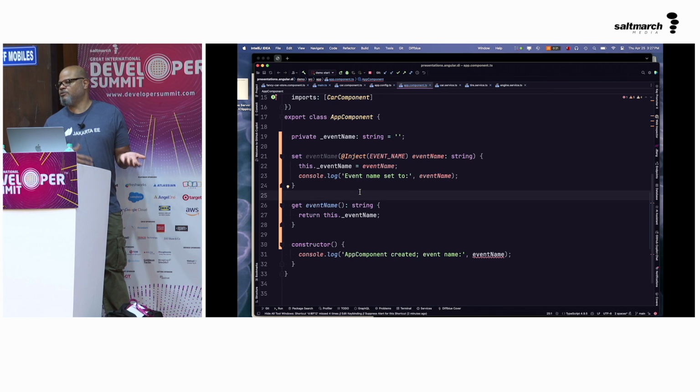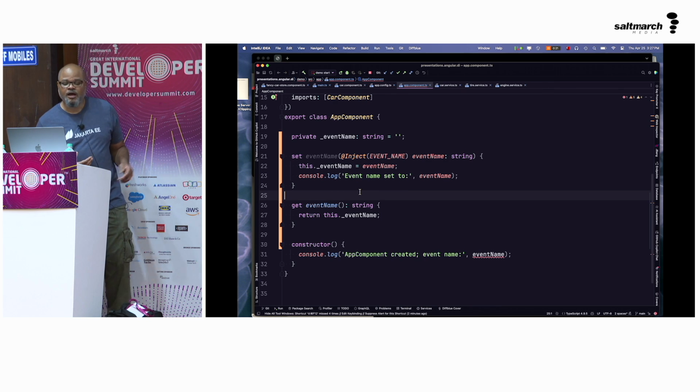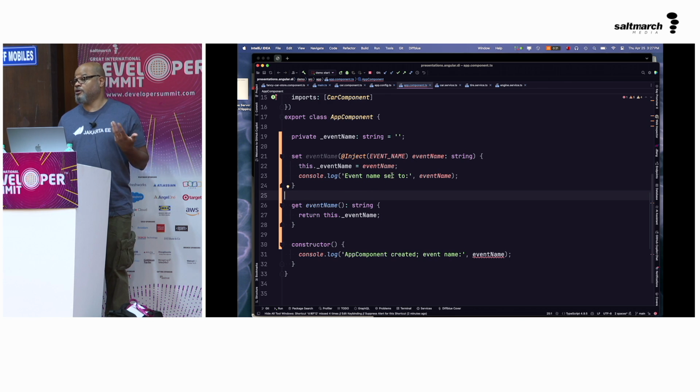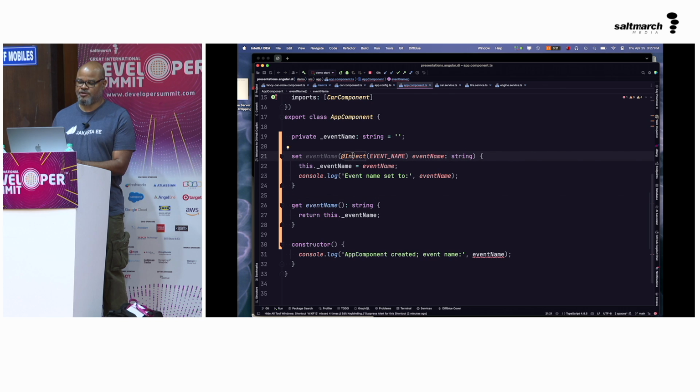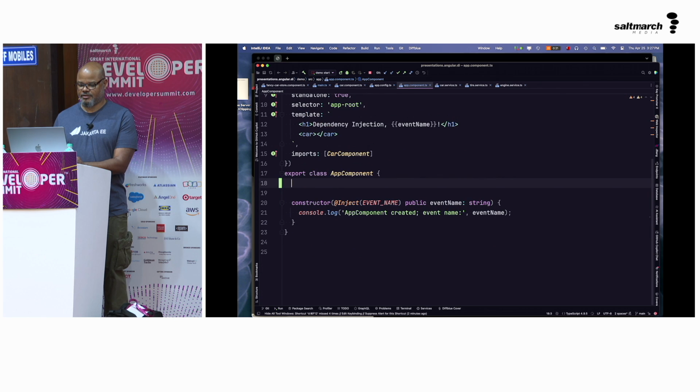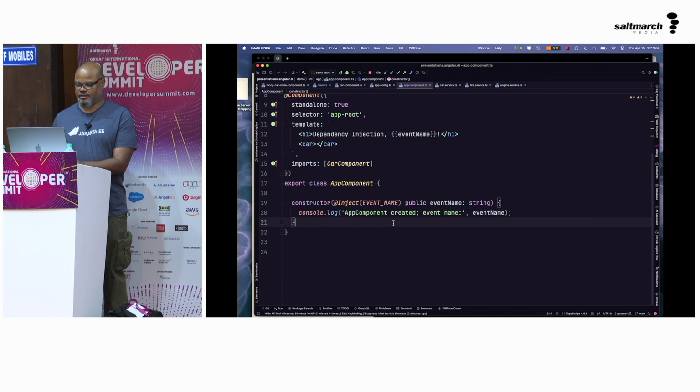Now, usually people don't do it this way, but you could if you wanted to. If for some reason you wanted to have a setter, and you wanted to do something differently this way, you could. And the thing is that even though here I'm using the inject decorator, I could actually use a type here instead, okay? All right, so that's an example of setter injection, which we don't need to use, so we'll get rid of that. Okay.